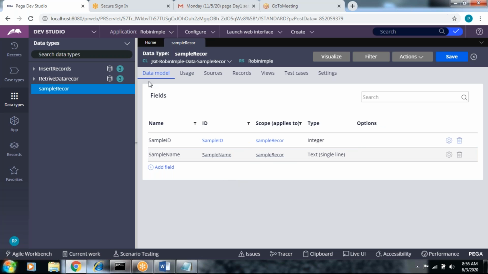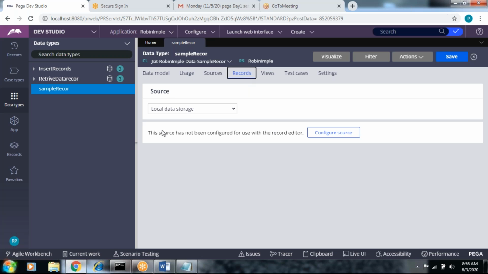So we need to configure the source. Configure the source means create the database. This cannot be configured for the use of record editor.